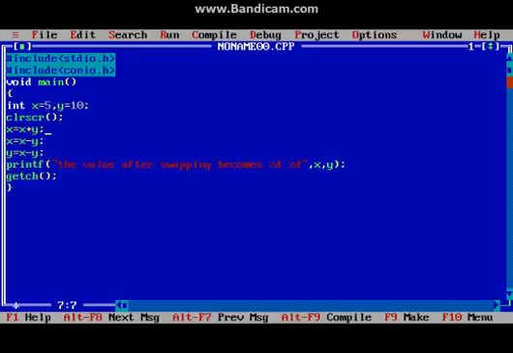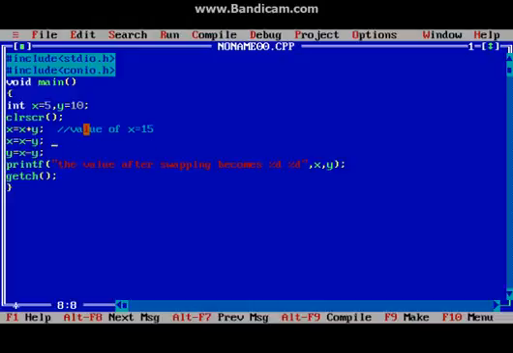Let us understand. First of all, the values of x and y are 5 and 10, so the value of x becomes 15. So in the first line the value of x is equal to 15.